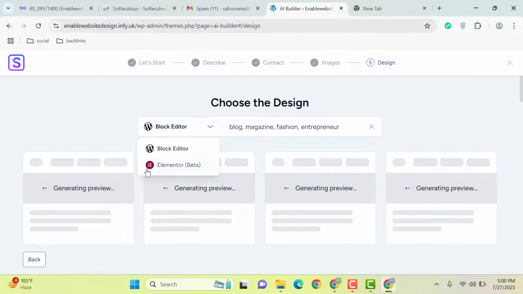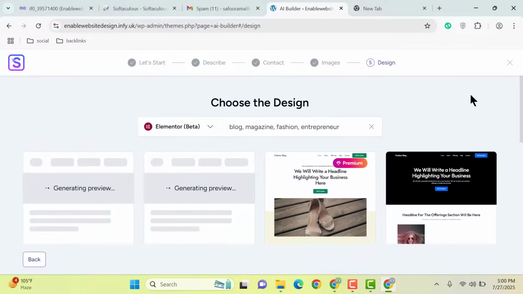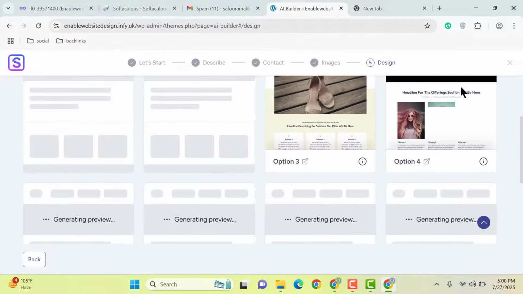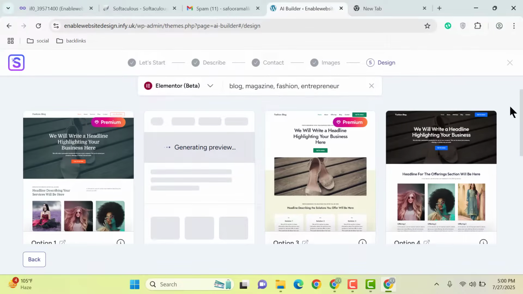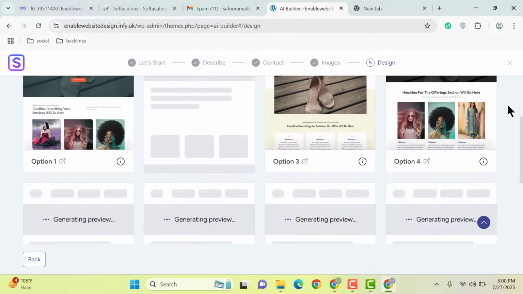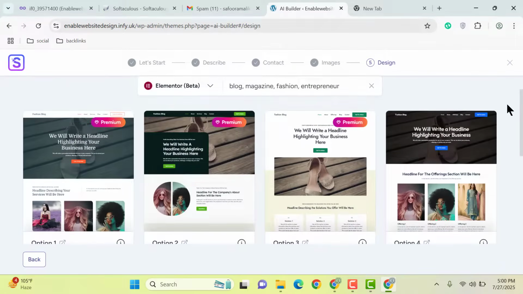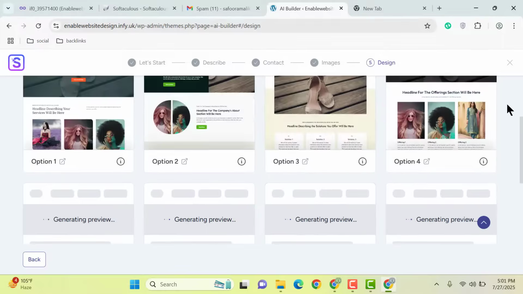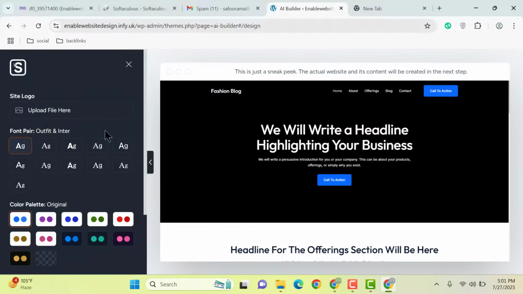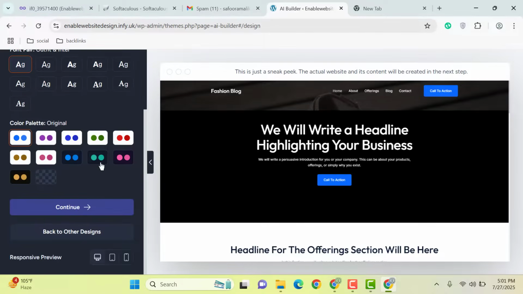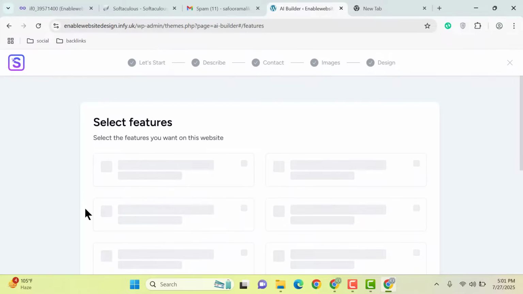and here you can select the page builder. So let me select here Elementor, and here you will get multiple designs. So you can select one of the designs, and if we scroll down, still it is generating more designs. So for example, if you want to go with this design, then you can add here logo, then you can select the font style, and also you can add color scheme. Then click on continue button,